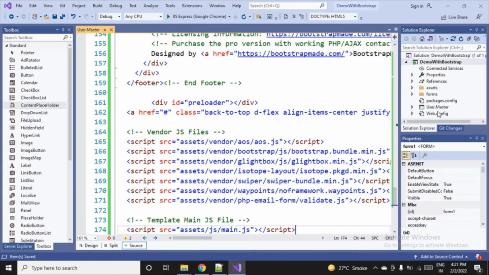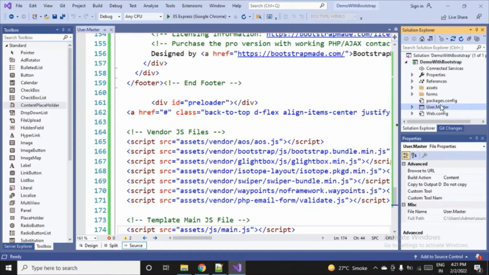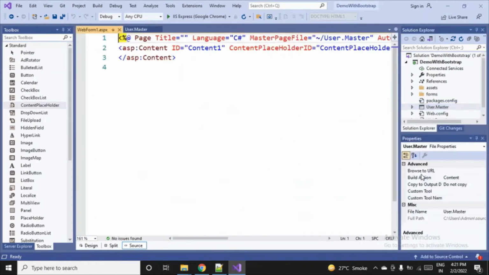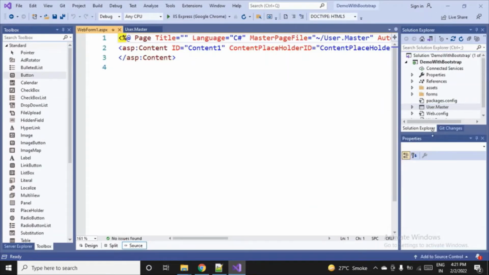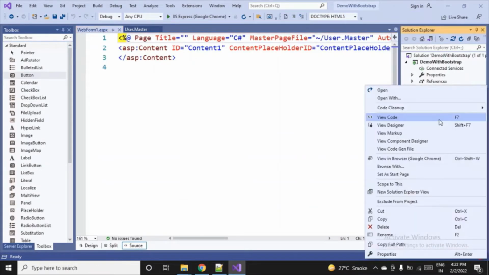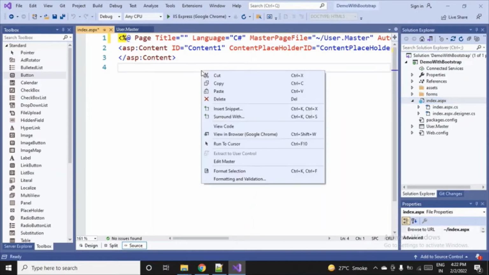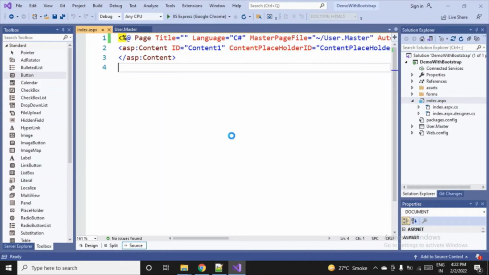We are ready with the header and footer part, and fingers are crossed. Let's see if it works for us. So what we'll do now, I'll click on the master page, and based on that I'll create one child page. We have to click on add content page. That means I can't run the master page. We can see the design, but we cannot run the master page on the browser. So of course we need a child page which is based on it, having header and footer from the master, and let's run it. So I'm adding it here, and one web form got added here. Right click on it, and I'll rename it properly now, this time index.aspx. And before putting anything inside this, let's see whether things are working properly or not.